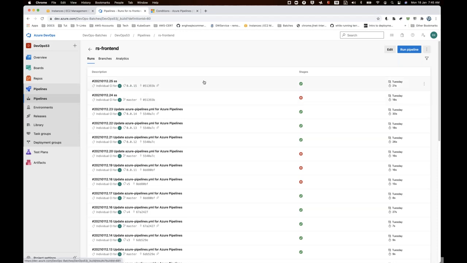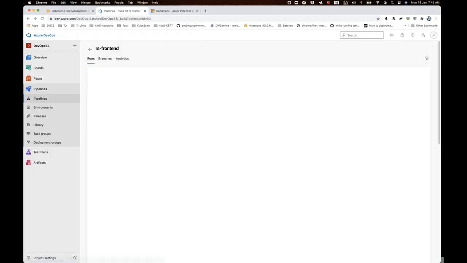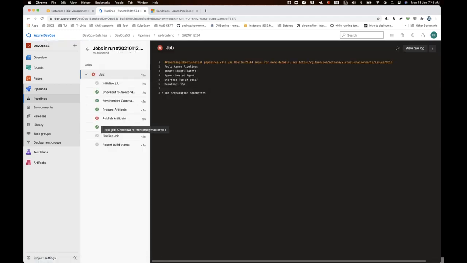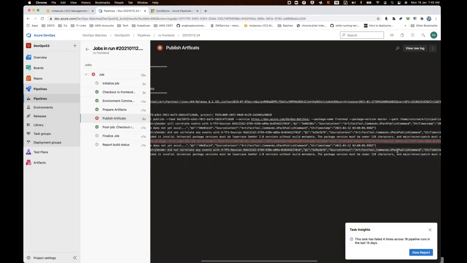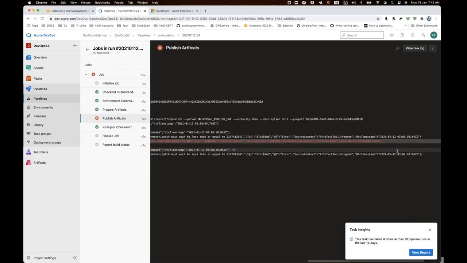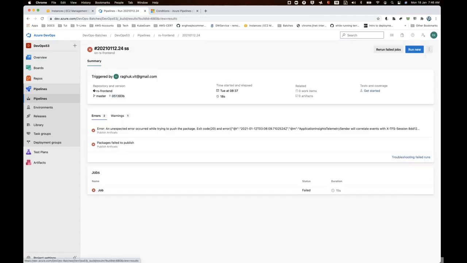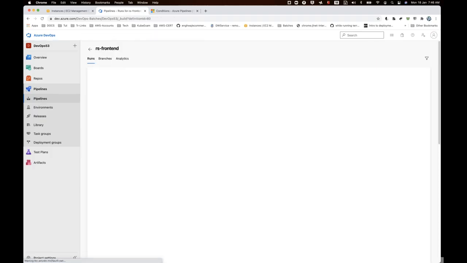If I go inside this failure, it is telling us that in this master run you ran the env command and got all the environment variables, but publish artifacts is failing. Why, not sure. Let's go to the latest one first. Even I need to connect my dots, but where was I?